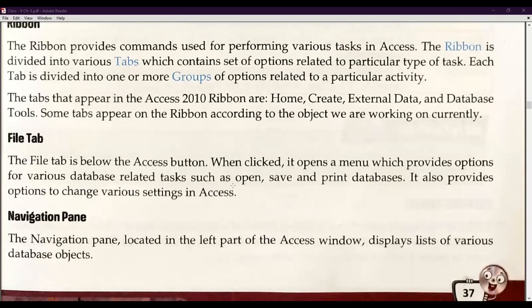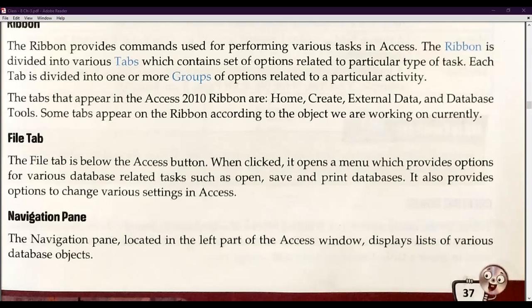We can open a database, we can save a database, and we can also print a database. It also provides options to change various settings in Access. We can change the path, or the location where we want to save it, and etc. So this is how we have discussed the file tab, title bar, and ribbon.